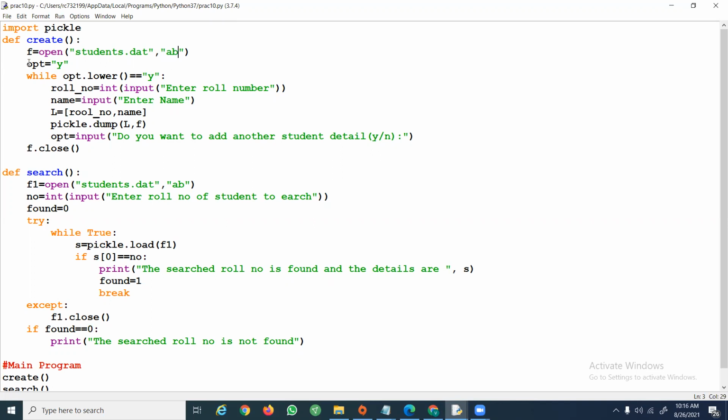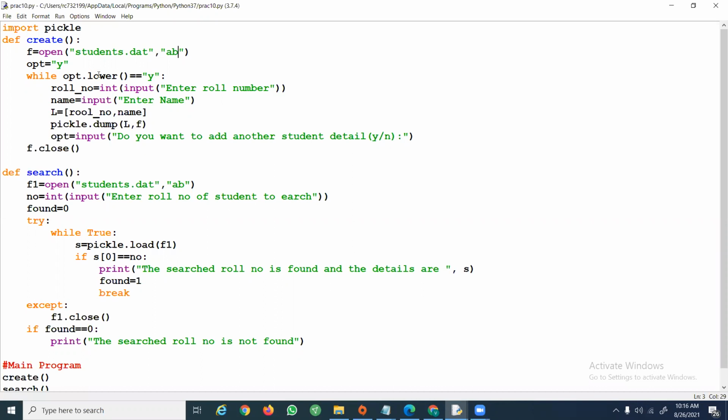This is the method we follow to repeatedly get input from the user and write it into the file. To get into the while loop, I need that variable to have the value y. So opt equals 'y', meaning yes, I want to enter the data. While opt.lower() is equal to 'y'.